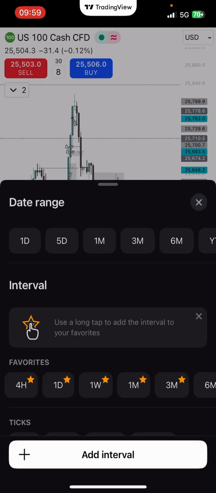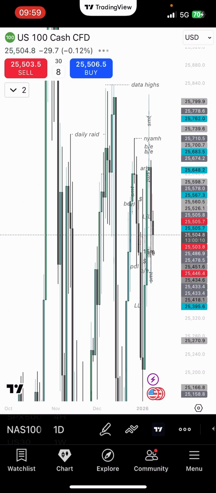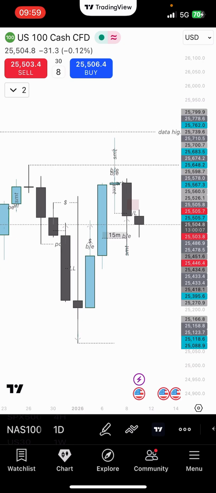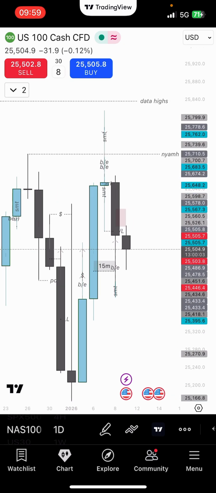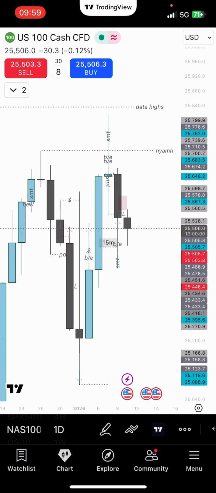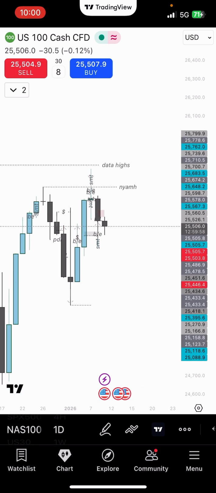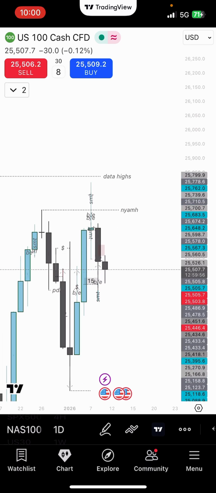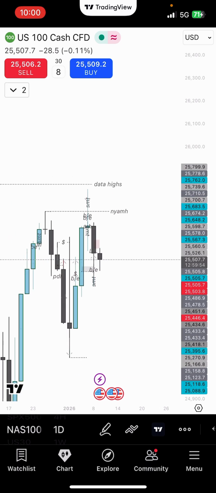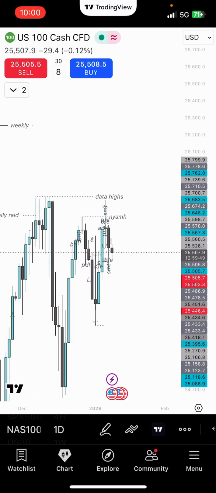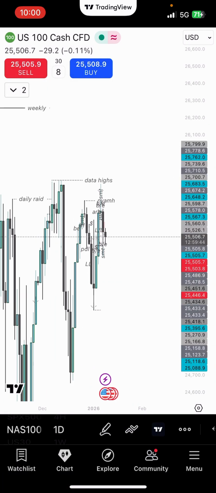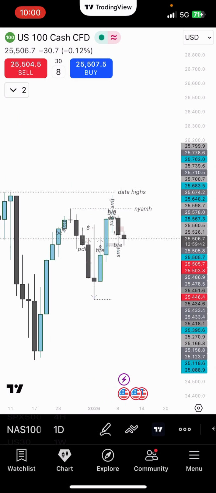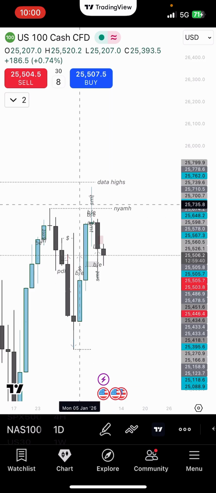Coming into the market, I was still super bullish on the daily, right? I don't usually have a bias coming into the market because it's kind of distracting. What I look for is just swing highs and swing lows. I look for my draw on liquidity, where price is most likely going to be drawn towards throughout the entire day or reversed. But I still seem super bullish here on the daily time frame